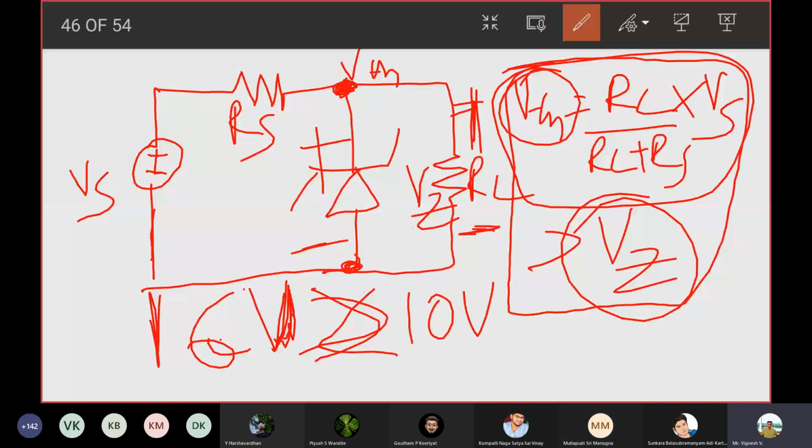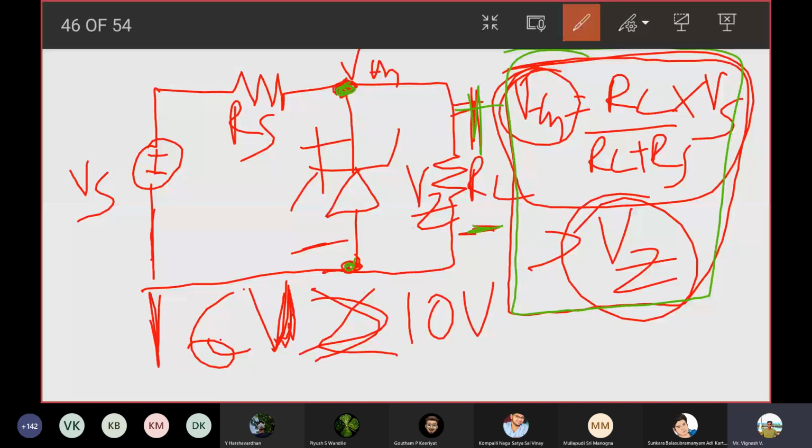At least the condition I hope you have understood. You check what is the VTH. You open the diode and check what is the VTH, and that would give you a value. If that VTH is greater than VZ, then obviously the voltage across RL will be same as VZ. If not, it won't be same as VZ. Very simple to understand. It's not a complicated concept. Now, I'll come to the more slightly complex concept.